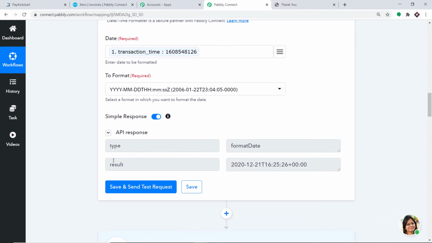This is the data. This is in year, month, and day format. So this POSIX format or the machine format has been converted into a very appropriate human readable format. We can understand this. So we are ready to sync in the data. But before that, there is something else you should know.